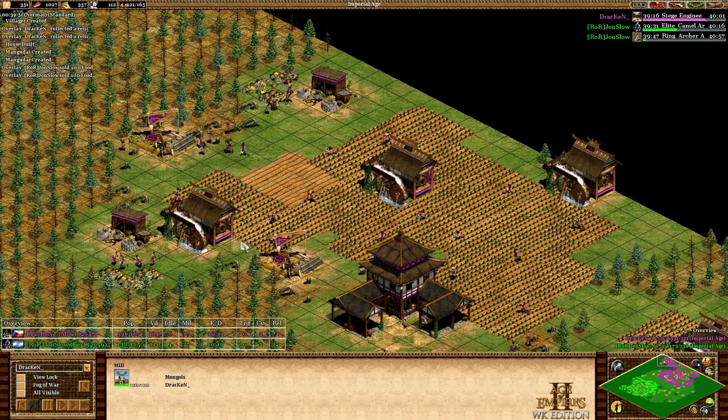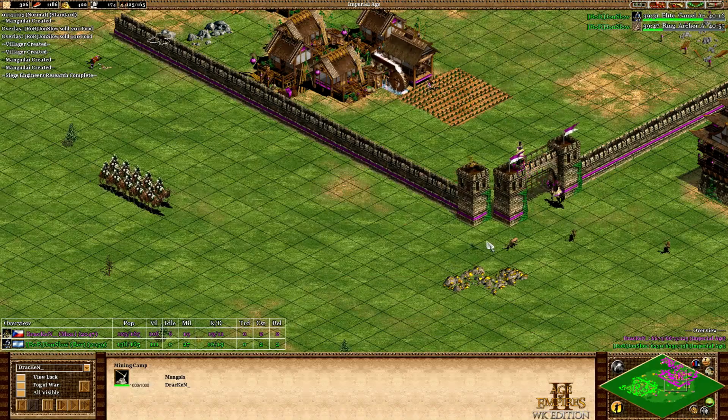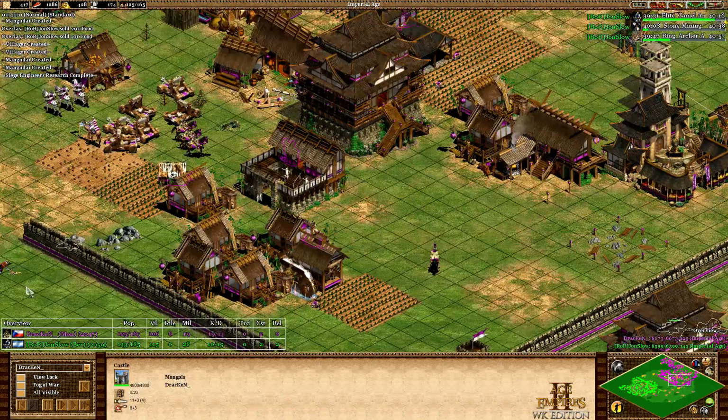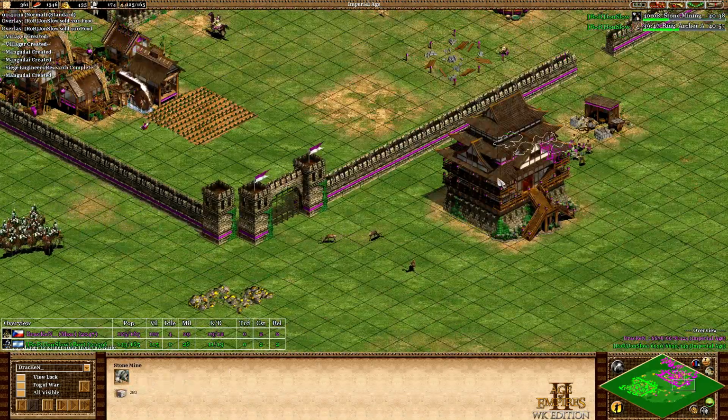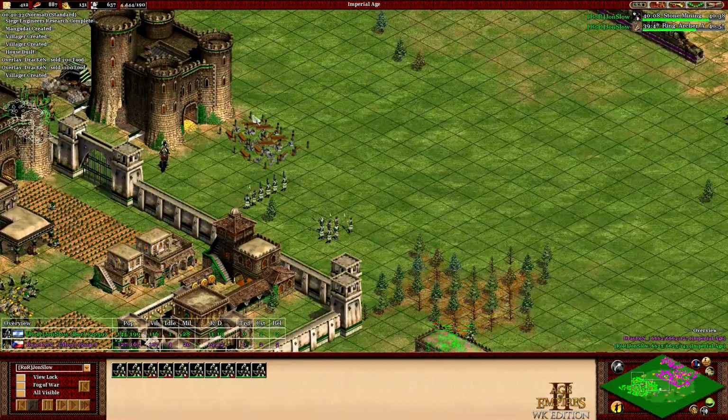You can see that mill, only 2 farms close to it. I didn't like it, but okay, you need to get that mining chem on the extra gold. Castle number 2 actually on the right hand side, protecting that stone. It's a nice idea. Camel Archers can't really do a lot on that side for now, unless JonSlow is going